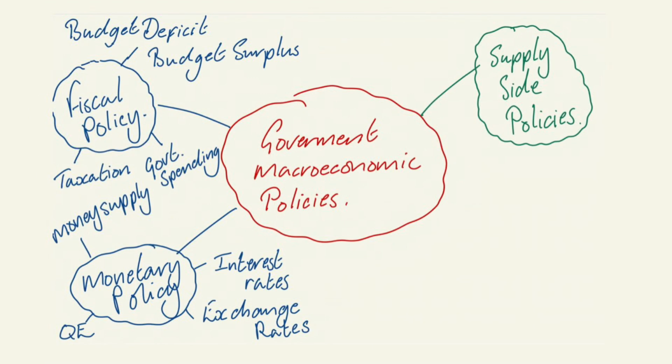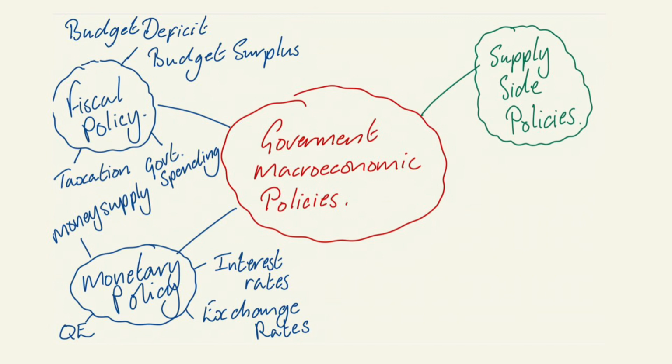Monetary policy is the control of the money supply in order to control the level of aggregate demand in the economy. The lower the money supply, the lower the level of aggregate demand, and the higher the money supply, the higher the level of aggregate demand. The government can use interest rates, exchange rates, and quantitative easing to do this, but we're going to focus on